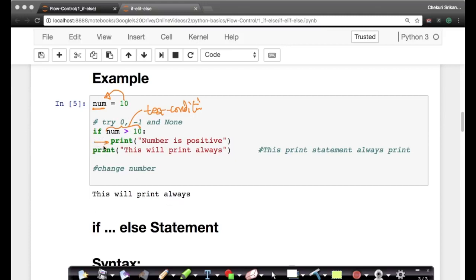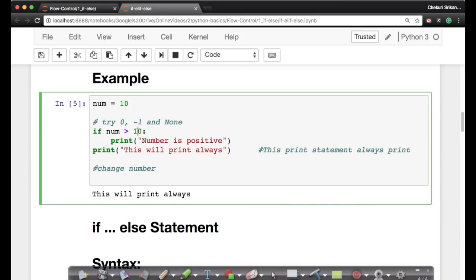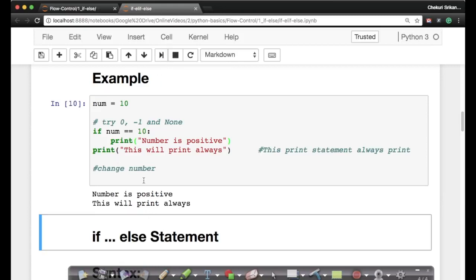So once the indentation is over, your if and print are at the same level. The second print and if are at the same level, right? Since they're at the same level, your code will run as follows. It will go in if this condition is true, or else it won't, and then it will continue as soon as the indentation is over. So let's quickly change this and see a few examples. If I say num double equal to 10, now what should happen? It should print both these lines, and yes, it does print both of them.